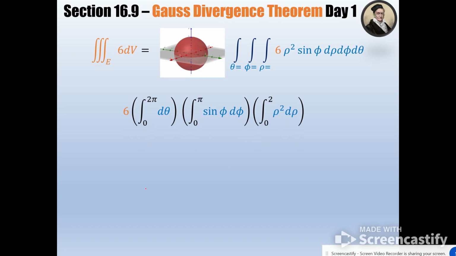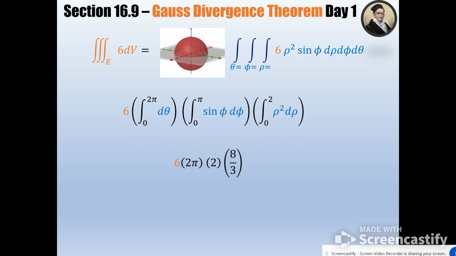And since everybody is constants, right? My radius is 2, so rho goes from 0 to 2. Phi, remember, is measured from the positive z-axis and has to be between 0 and pi, and it's the entire sphere. So I'm going from 0 to pi, and then theta goes all the way around, 0 to 2 pi,